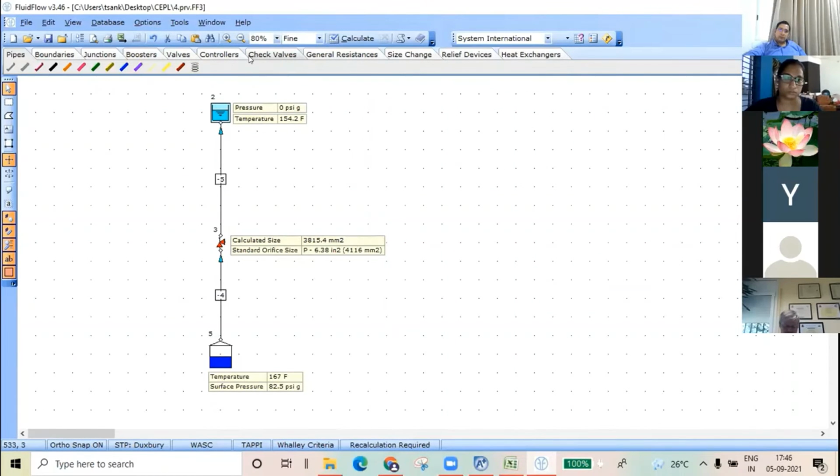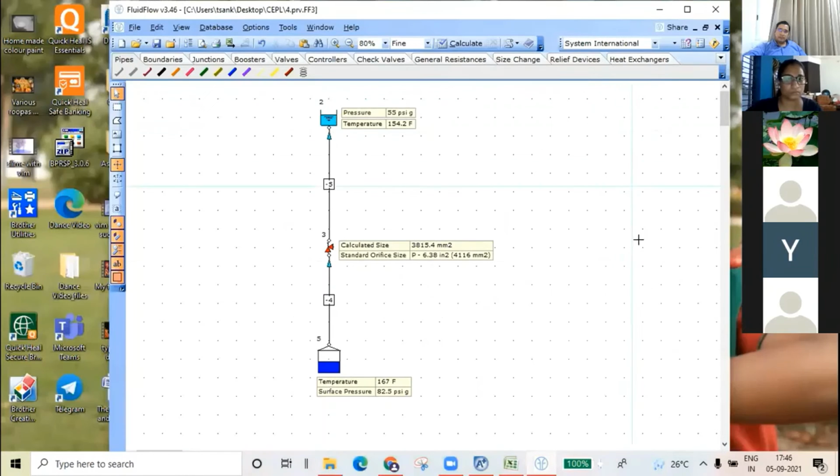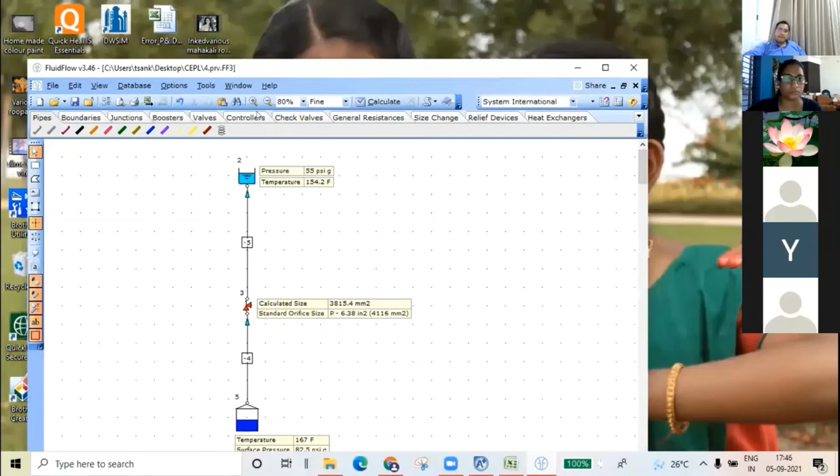Calculate. I'm not able to see the calculate. Really? It's hidden. Okay, I'll press that.